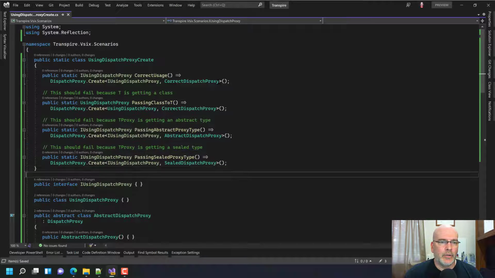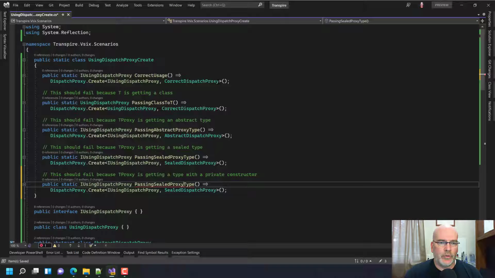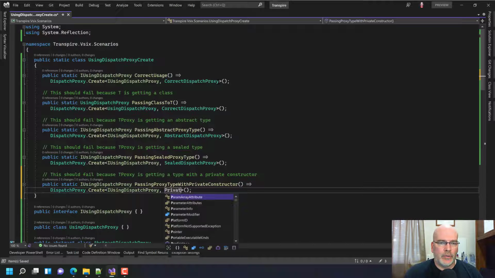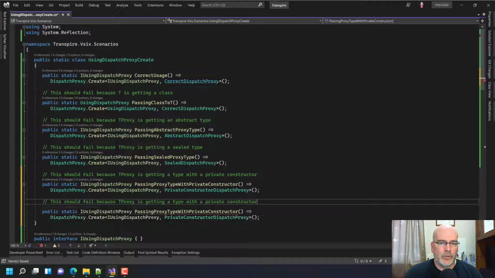And then we need one here that says this should fail because T proxy is getting a type with a private constructor, passing proxy type with private constructor, private constructor dispatch proxy,